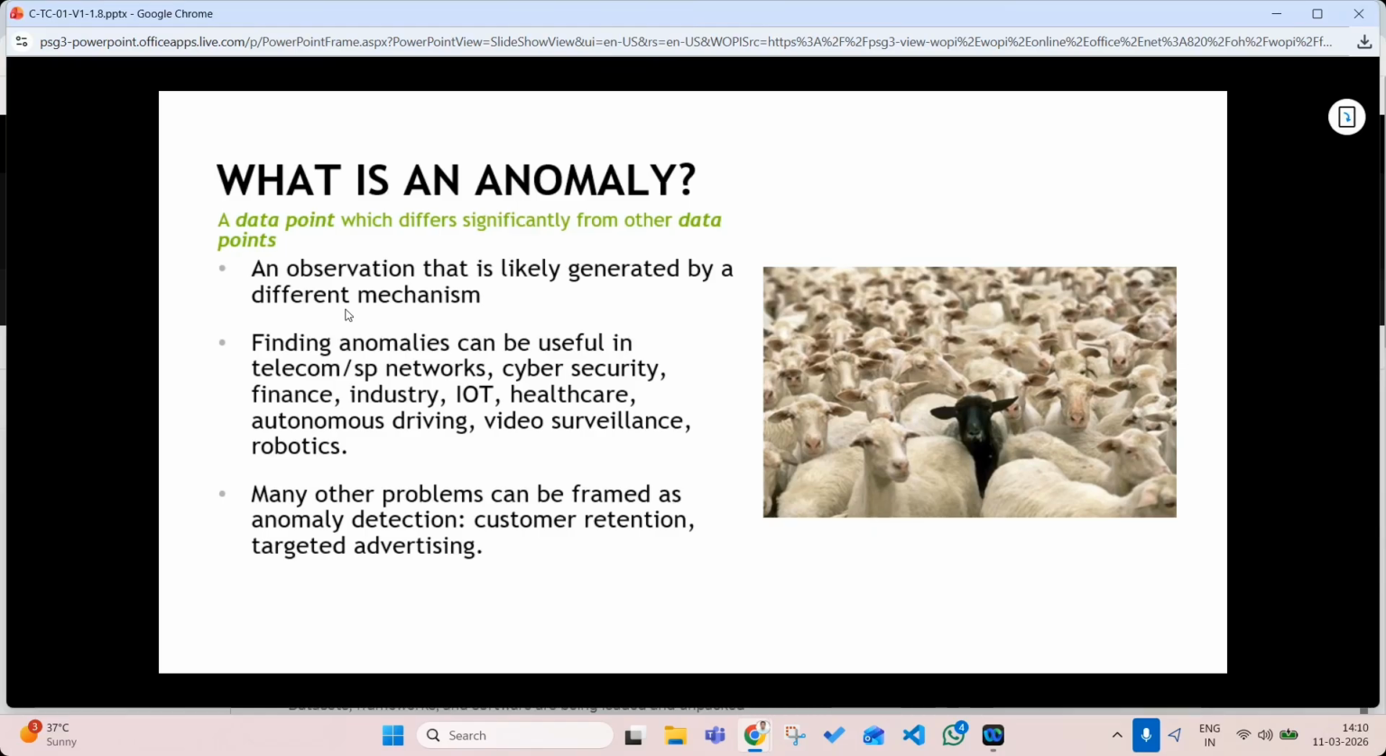Similarly, a real life application can be in the finance domain where you have credit card transactions, and typically you spend, let's say, around 20 to 30,000 per month using that credit card. But suddenly on one day, there are 3-4 transactions happening, and